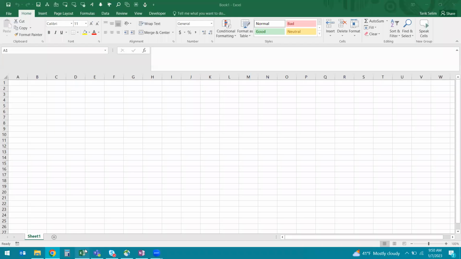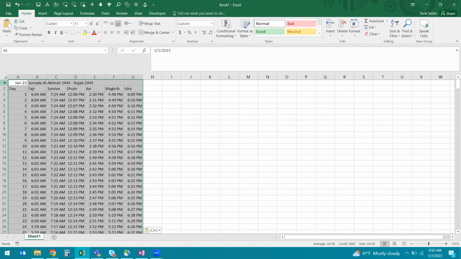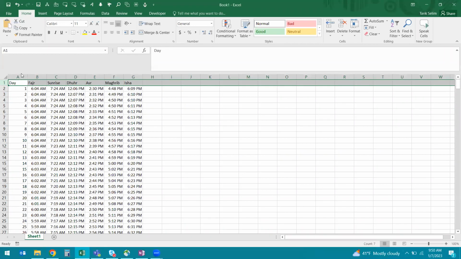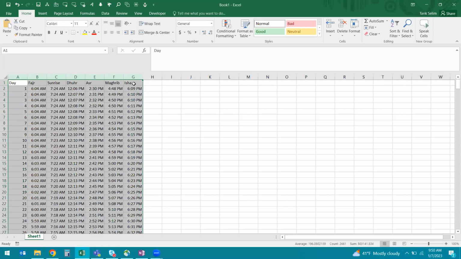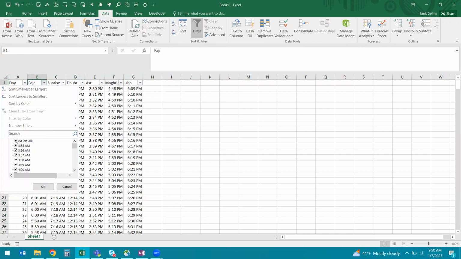And I'm going to go to Excel and paste the data. To clean it up a little bit, I'm going to get rid of this first row here. And then I'm going to highlight all the columns and turn on my filter. What I'm going to do is get rid of everything that's not a time. So I'm going to unselect everything, and then select anything that's not a time. That's all towards the bottom. I'm just going to click the down arrow and select everything that's not a time,